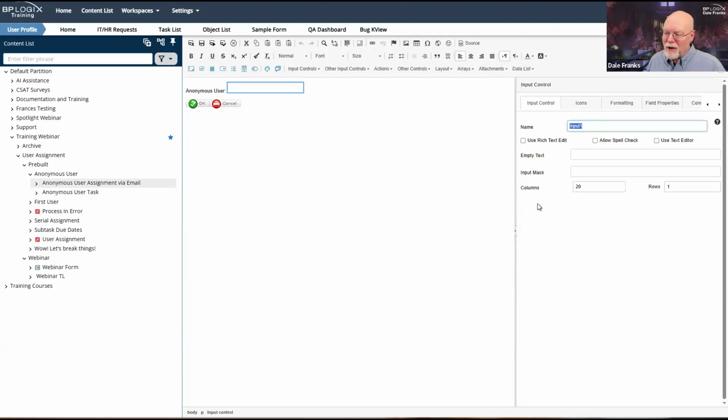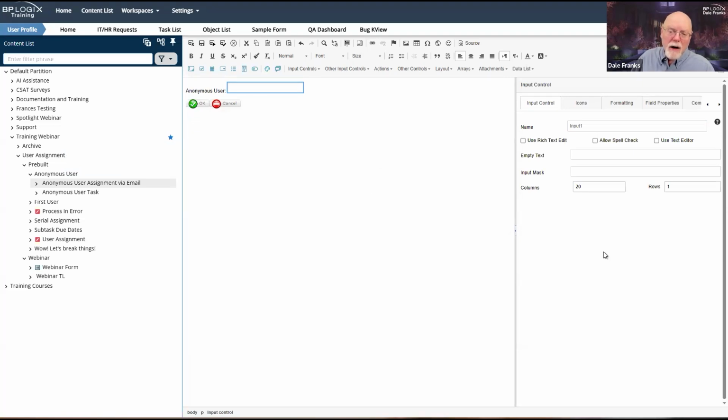It's called input one. I should probably have given it something other than the default form field name. But what I'm going to do with this form field is I am going to collect their email address. And only if I have an email address can I assign tasks to them.